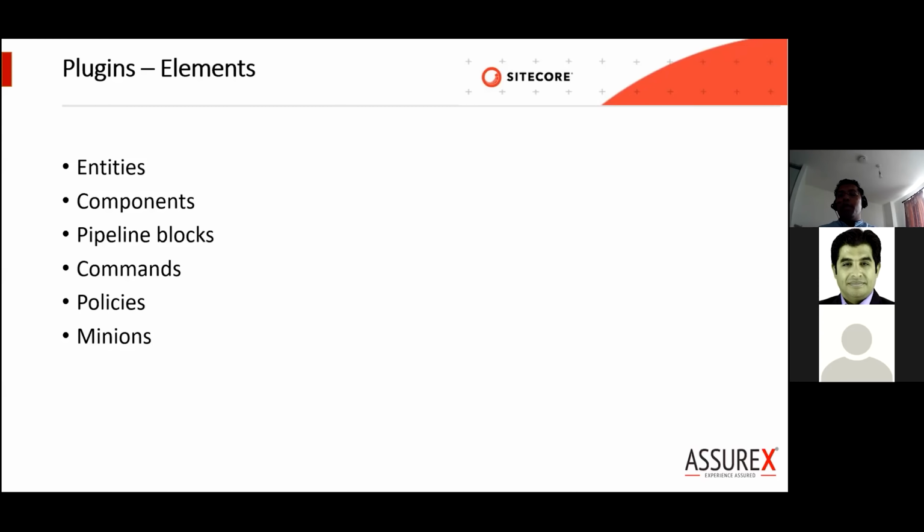So we have 3 blocks. You can have those blocks registered in the pipeline, and they will be executed in a sequence. So pipeline blocks help in that. Basically, the pipeline is implementing the behavior, the actions, and the business logic.